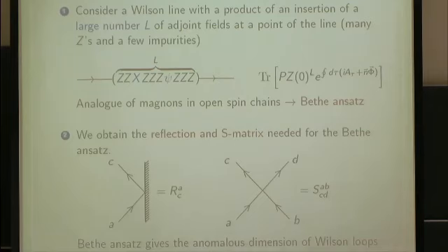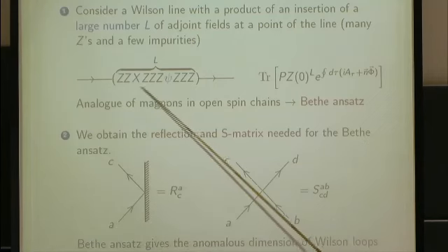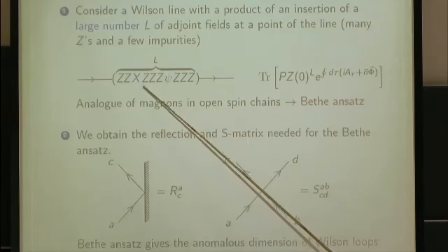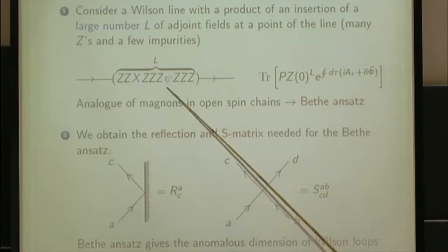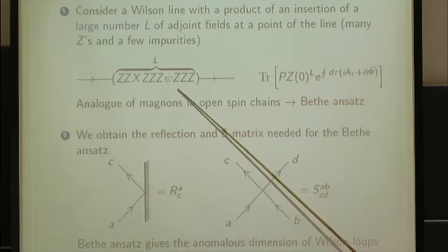So I'm going to give more details later, but in order to describe this problem using the Bethe ansatz, what you need to know are the exact reflection matrices and bulk scattering matrices. These pictures are not space-time diagrams. Here, for instance, I'm going to take one of the fields to be the vacuum, and the other ones are going to be impurities in this vacuum. So this represents the trajectories of impurities in the chain.